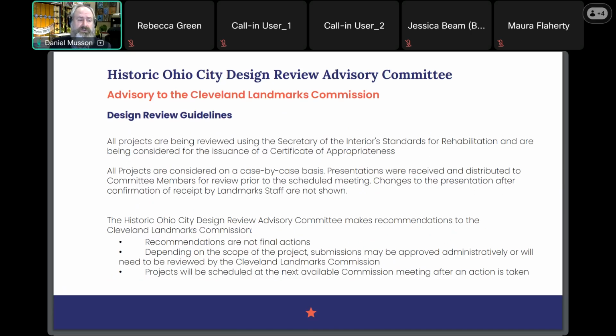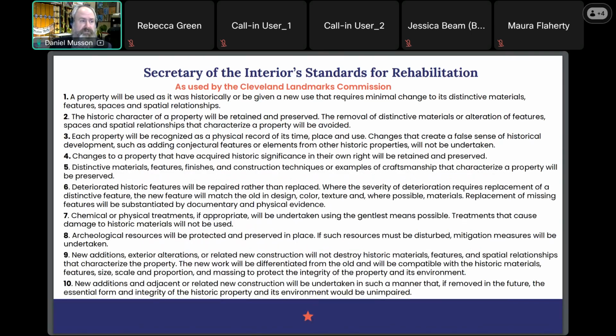The Historic Ohio City Design Review Advisory Committee makes recommendations to the Cleveland Landmarks Commission. These recommendations are not final actions. Depending on the scope of the project, submissions may be approved administratively or will need to be reviewed by the Cleveland Landmarks Commission. Projects will be scheduled at the next available commission meeting after an action is taken if that's the case. And here we have the Secretary of the Interior standards for rehabilitation, which